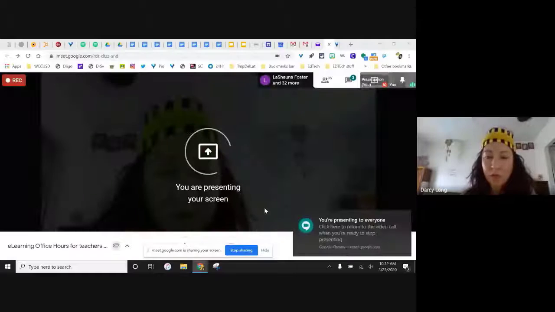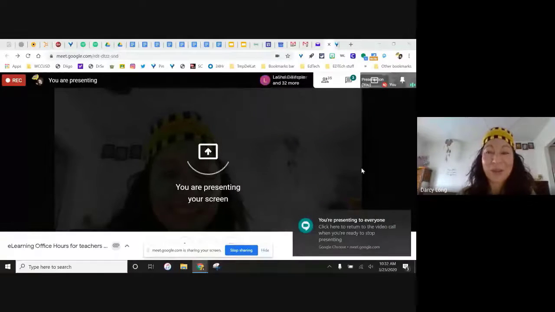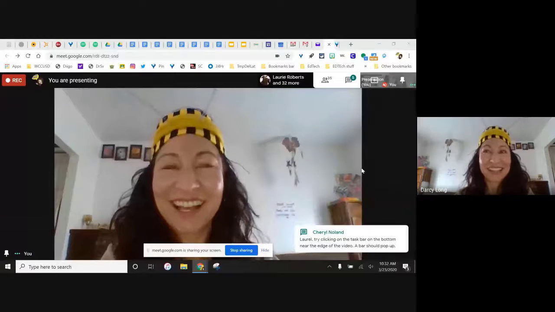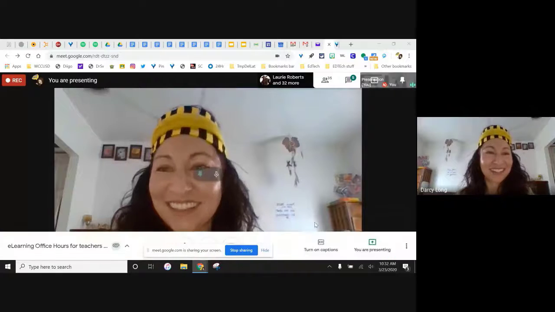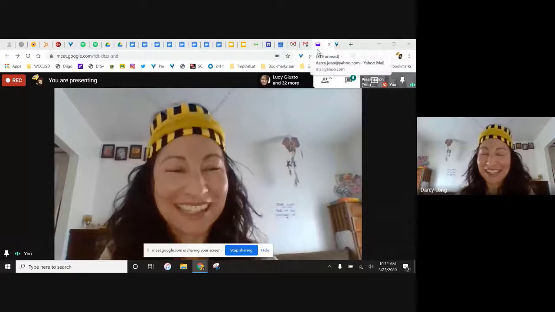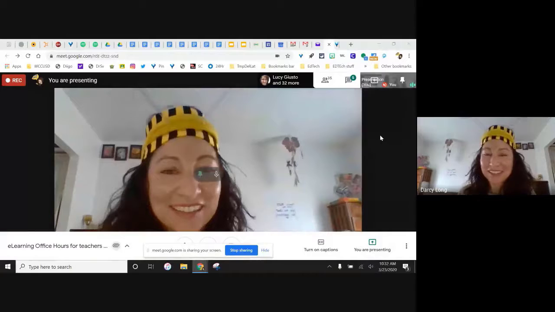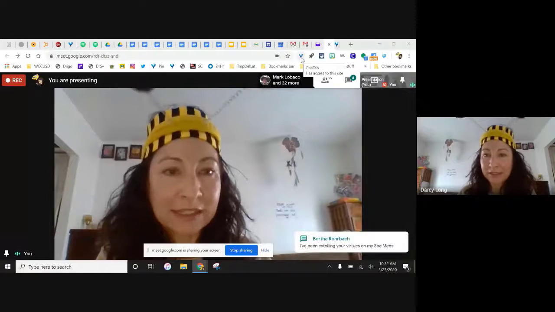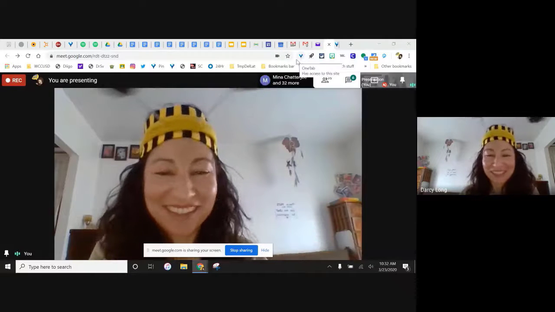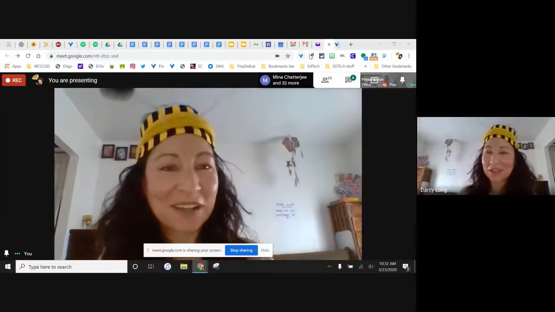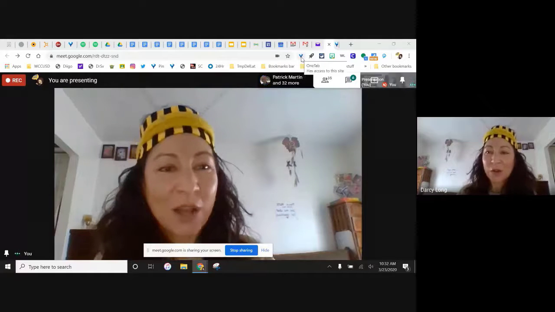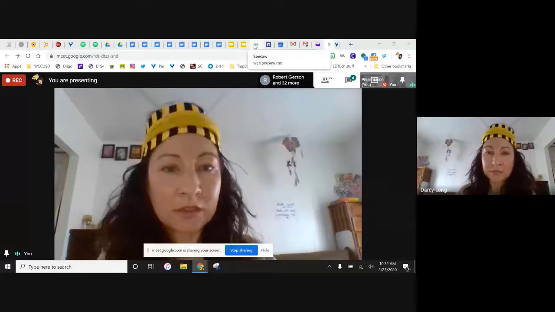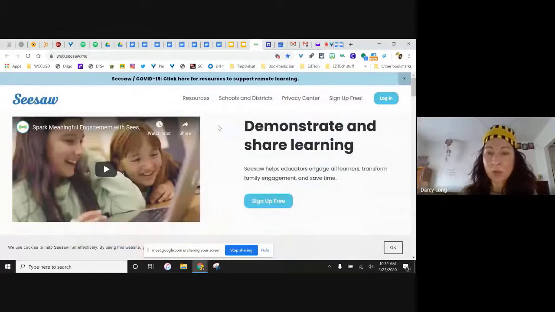Okay, so OneTab is the way that I typically keep my browser clean, and I'm saying typically because right now you can see how many tabs I have open. OneTab is an extension, and it's up here in the right-hand corner of my screen. It looks like a little funnel. I'm just laughing because it's such a poor example of using it properly right now. So when I'm on a website, let's say here, I'm going to go to Seesaw,